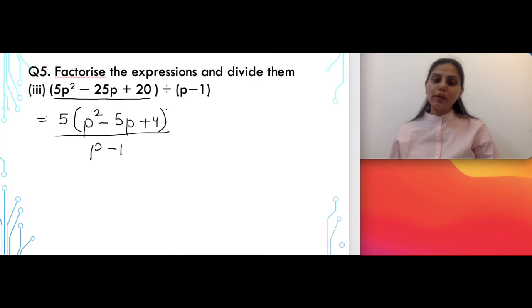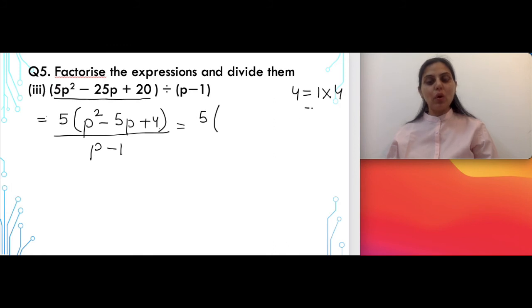So now let's factorize the numerator. If you remember the method of factorization, we are supposed to split the middle term in such a way that for 4 we can write the product of two numbers. For example, for 4 I can take the combination 1 multiplied by 4, or I can also take the combination 2 multiplied by 2. Now 2 plus 2 on addition will give me 4 and 2 minus 2 on subtraction will give me 0. So nowhere is it forming the term minus 5. Whereas if I add 1 and 4, my answer will be equal to 5.